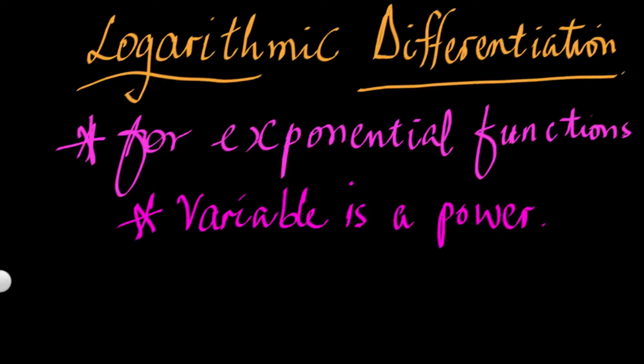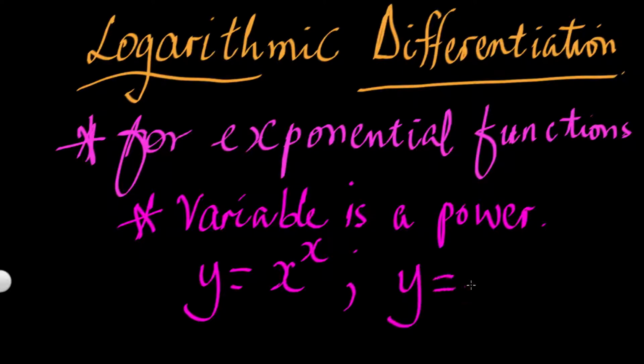We use logarithmic differentiation if we are differentiating exponential functions. In other words, if our variable is a power. A good example is if we are differentiating y equals, let's say, x to the power of x, we have to rely on logarithmic differentiation, or we have something like y equals, let's say, 2 to the power of x. We can use logarithmic differentiation in this case, or something like